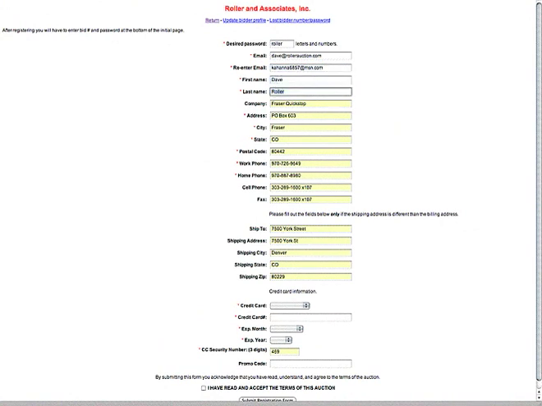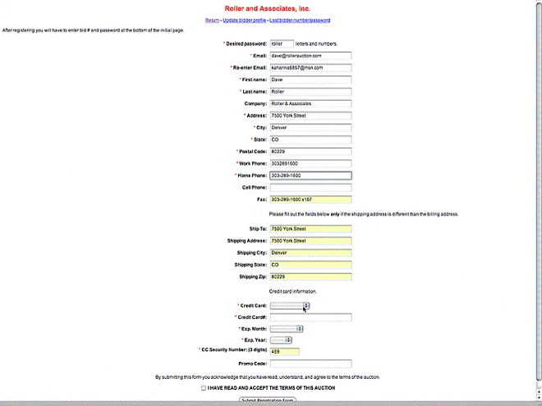Dave, Roller and Associates, 7500 York Street, Denver, 80229, 303-289-1600, and home phone, we'll delete that, cell phone. You'll see that there are certain ones that are necessary, so 303, I'll just make that the same, get rid of my